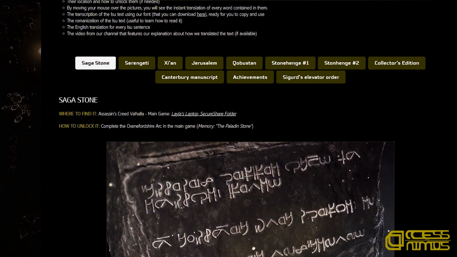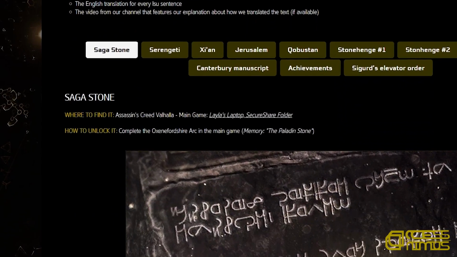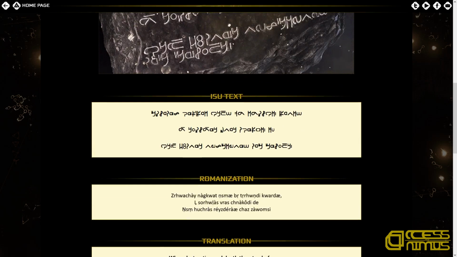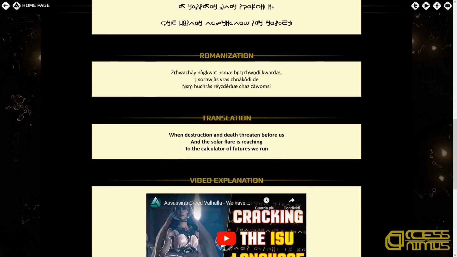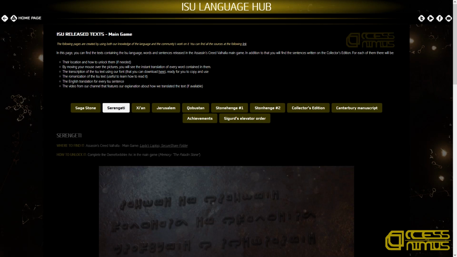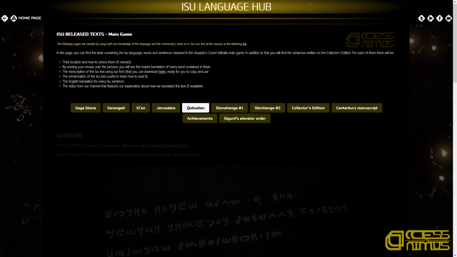For new and veteran fans alike, we also added where the file can be found and how it can be unlocked, and if you scroll down, you will be able to find the transcription of the text in our Isu language font, more on that later, its romanization, which should also tell us how to pronounce it, its final translation, and even a video that we created where we explained its translation. And all of this, again, for each of the officially released text,